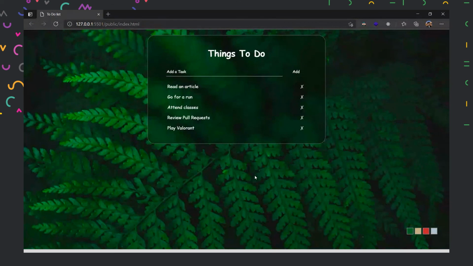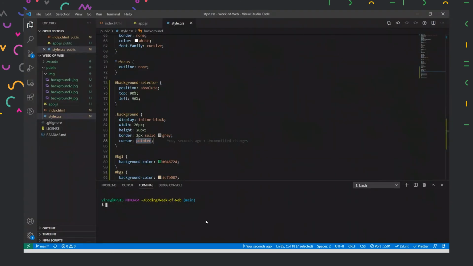And now that we have implemented this functionality, it is a good time to save our version. So we'll go to our Git and make a version out of it. Always make sure that you add the message in a very descriptive way, so that you know what history you made at that time.